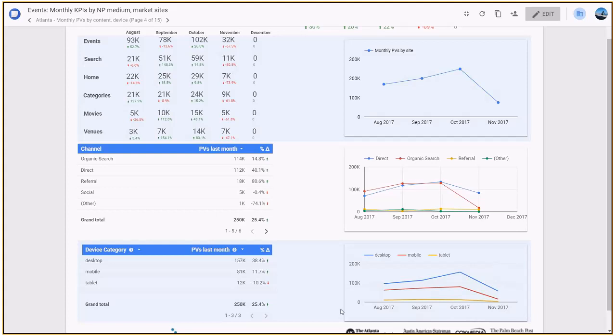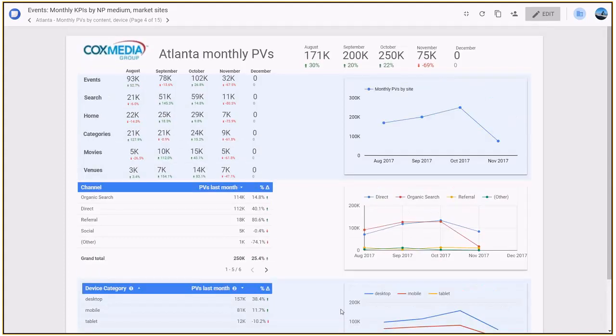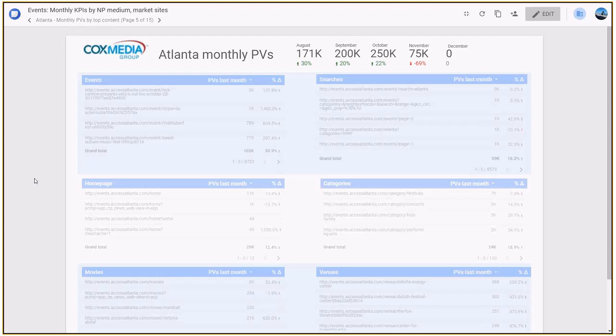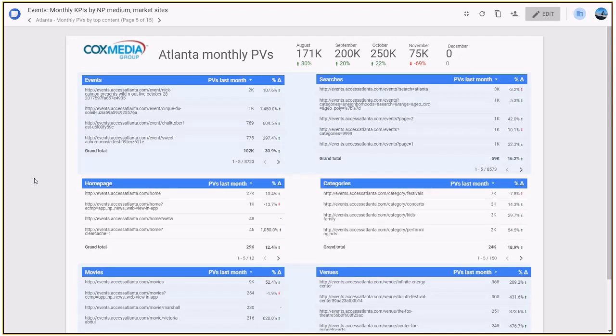So this just provides you with more information about how your audience is engaging with your content, both where they're coming from, what they're on, and what they're most interested in once they're there. So this second slide or second piece of the template is really unique to each market, and I think it's going to be helpful for sort of content production, but also just to give you a better sense of your